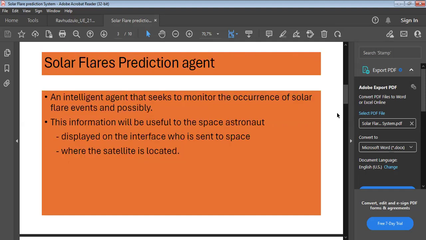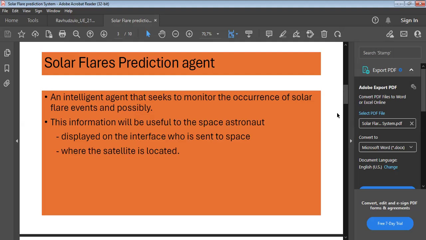The solar flare prediction agent that I've developed seeks to monitor the occurrence of solar flare events and make predictions as to what solar flare classes could possibly occur. This information will be useful, as we will see on the interface when we go through the code.